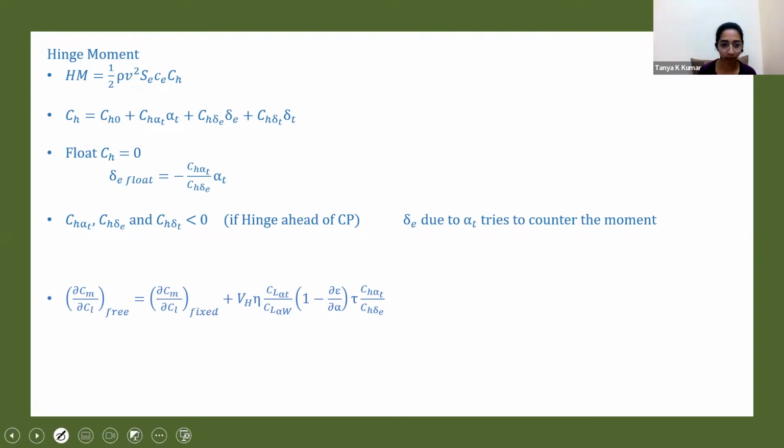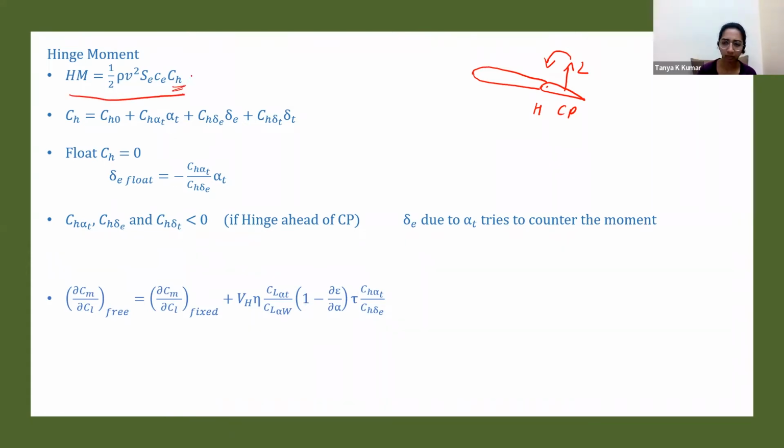So if this is your horizontal tail and this is your elevator, a lift. This is the hinge point and this is the center of pressure at which the forces are generated. If there is a lift generated at the center of pressure, there will be a hinge moment about the hinge. This is given by the hinge moment equation, where CH corresponds to the hinge moment